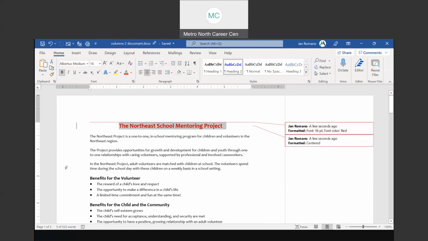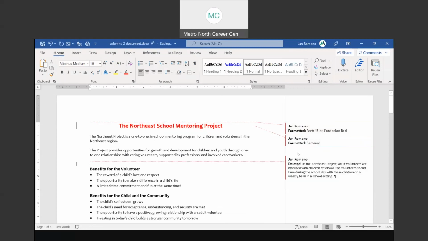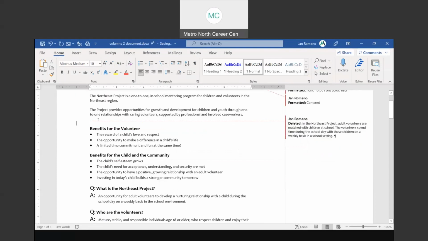So for example, let's say I take this particular paragraph and hit delete, and there is the track change. It's tracking my changes. It's showing in balloons on the right-hand side that Jan Romano deleted this text. Now, if I decide to go and type in some text right here,